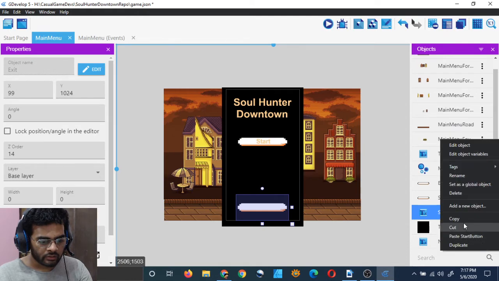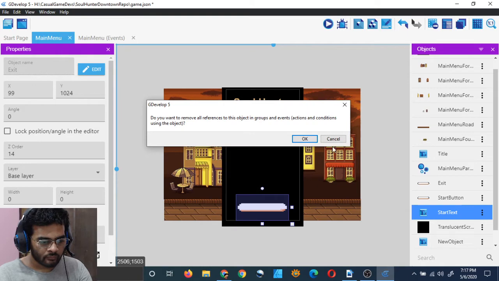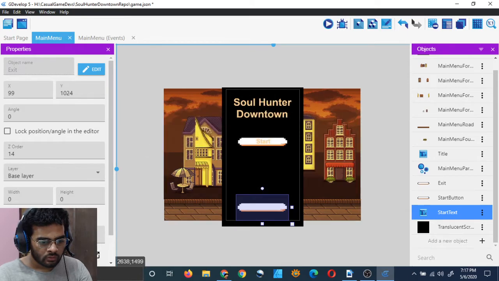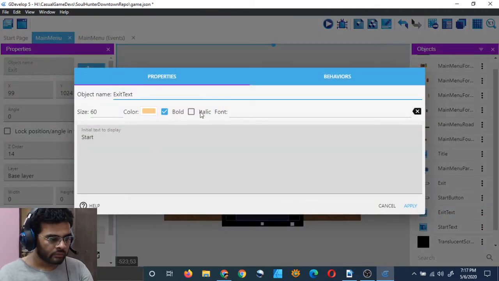which can be just a duplicate of this one again. Let me delete this. Yeah, and duplicate this one and call it exit text, and open it and give it the text exit.